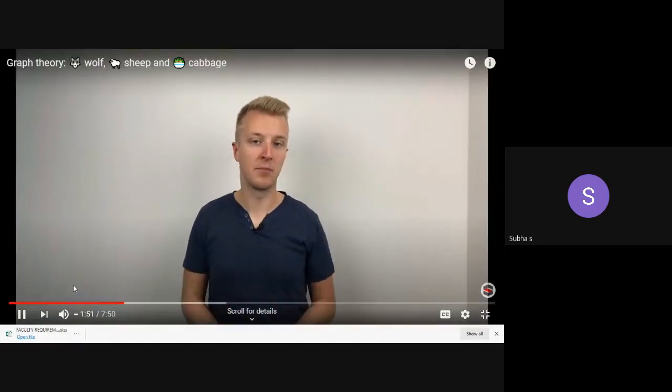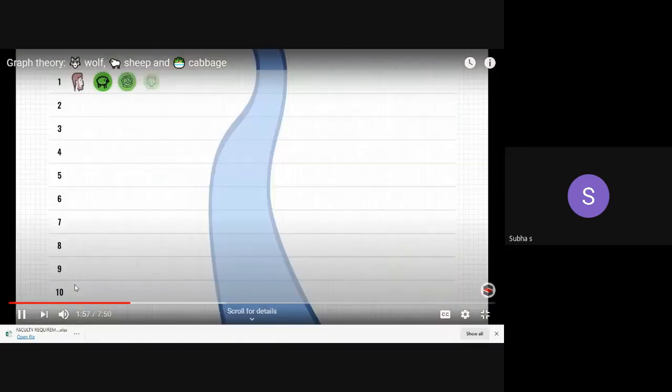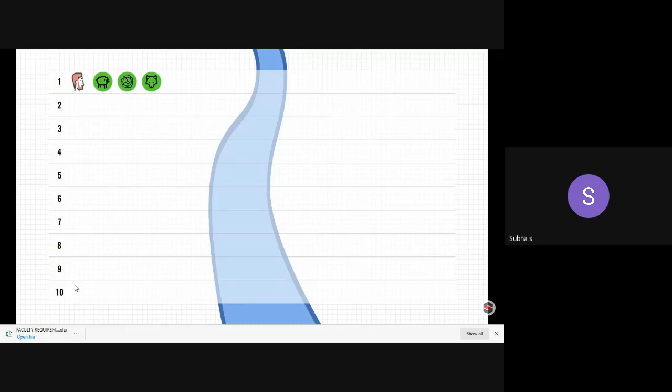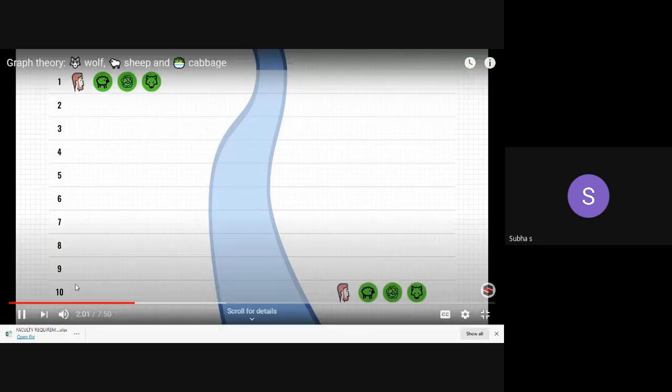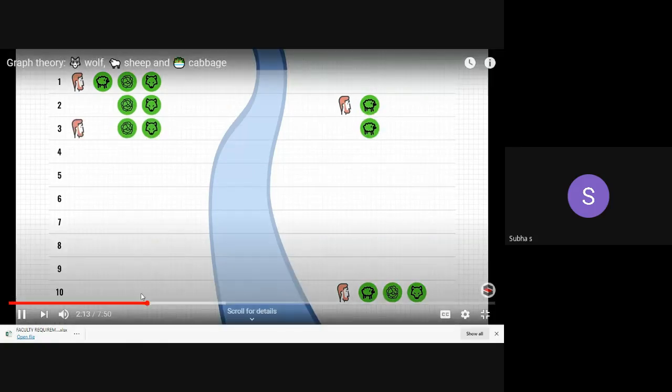The starting state is simple. The farmer, sheep, cabbage, and wolf are all on one side of the river. The desired end state is also easy. All of them have to be on the other side of the river. From there, we can, for instance, start by transporting the sheep across the river. We can do that because the wolf won't eat the cabbage, and we can travel back as well because the sheep is fine by itself. The inverse of these two states is also valid, so we can write those down as well.